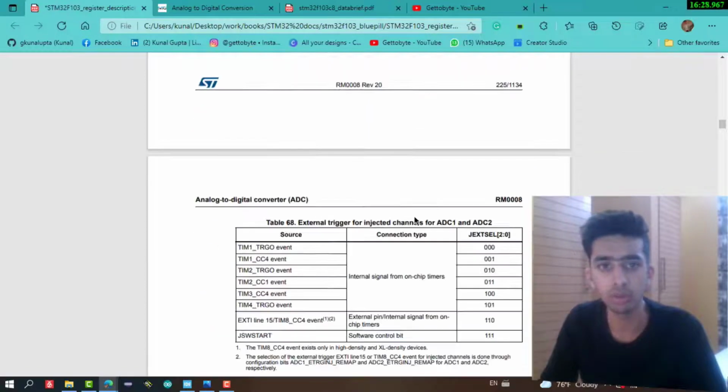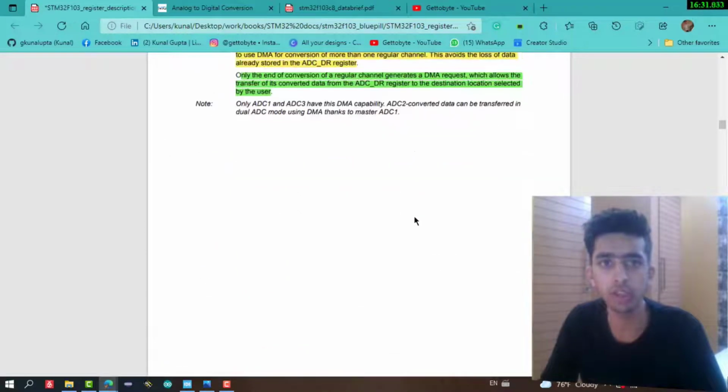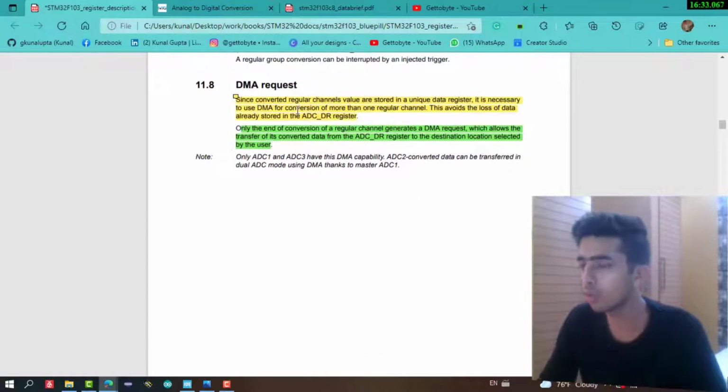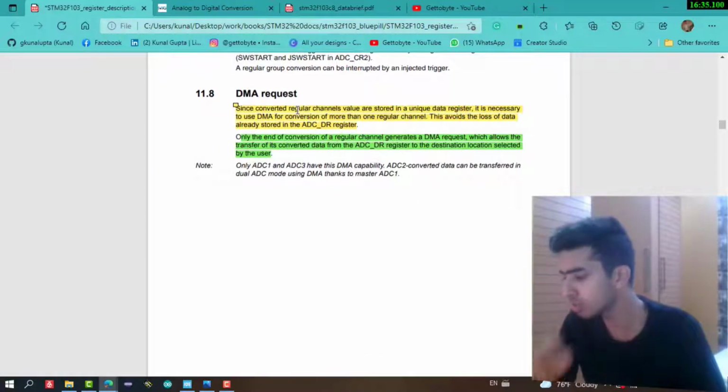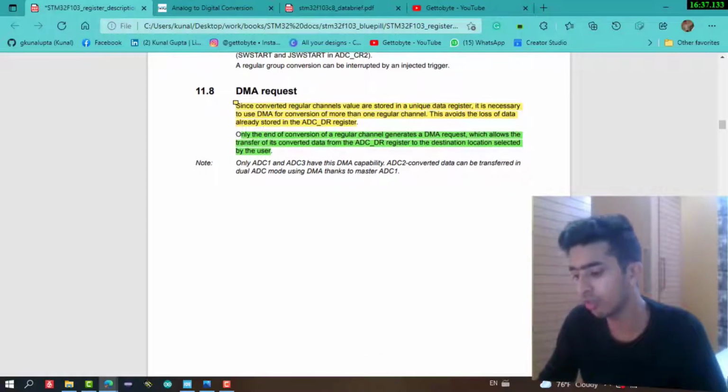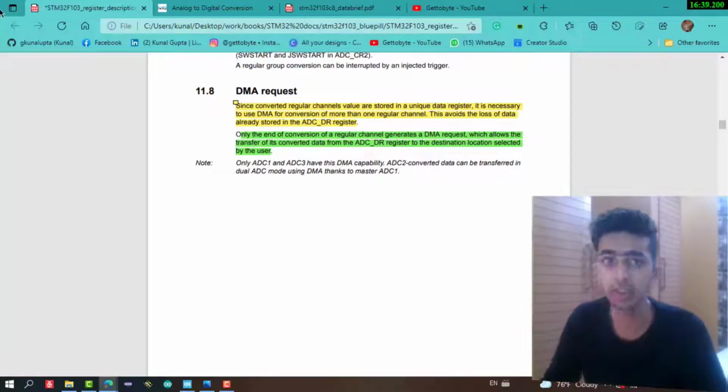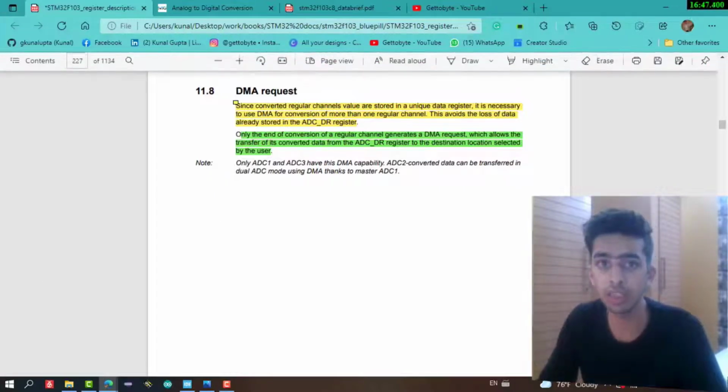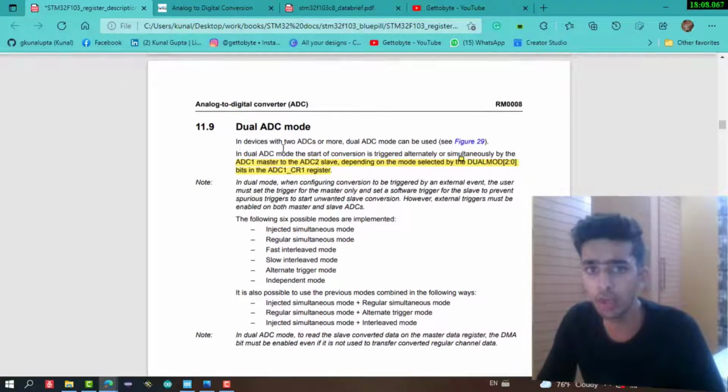So this is the external trigger, and this is the DMA request. As I have told you, if we are using scan mode and have configured more than one channel, then we have to use DMA to get the converted data of our ADC channels and process it. And these are the dual ADC modes.